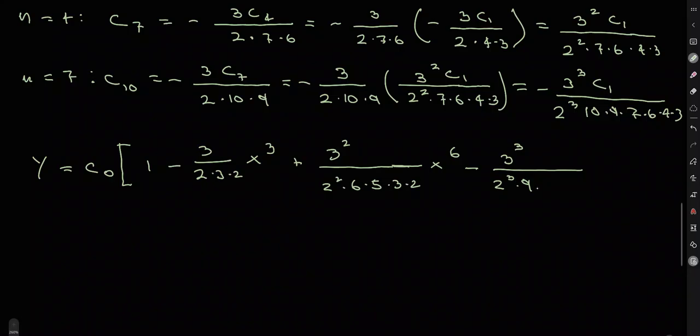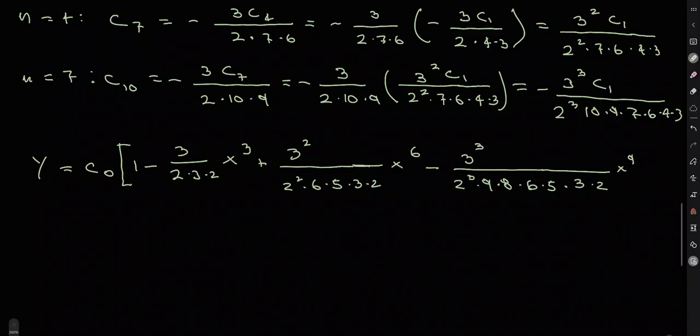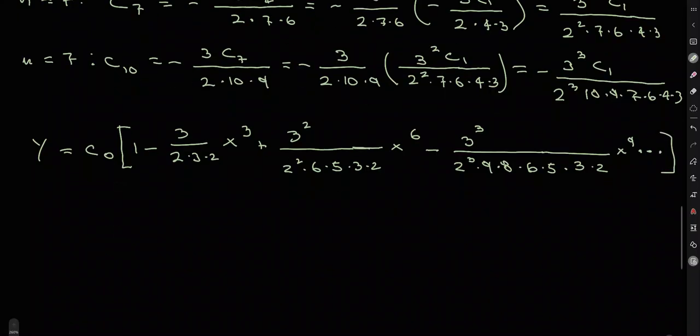And then another minus, and then this will be a 3 cubed divided by 2 cubed times 9 times 8 times 6 times 5 times 3 times 2. That's also the coefficient of x to the 9. And then, of course, plus infinitely many terms. So that's the first fundamental solution, the first linearly independent solution, plus c sub 1 times,